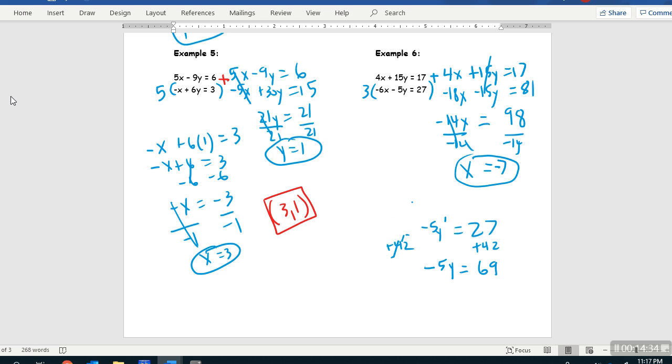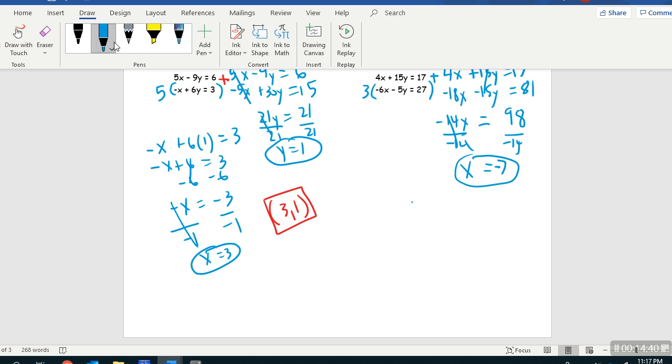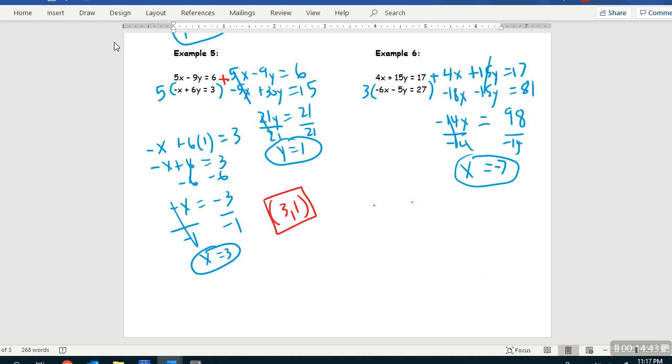Okay, so we'll plug into the bottom again, but we'll plug it in with the right sign. So we have -6 times -7 minus 5y equals 27. So -6 times -7, that is 42. Minus 5y equals 27. Now we'll subtract 42 from both sides instead of adding it like we did a second